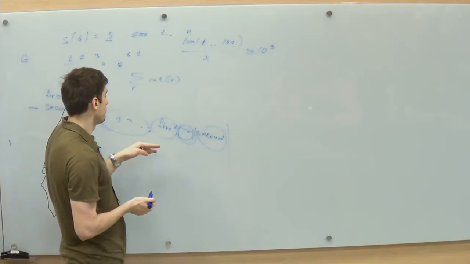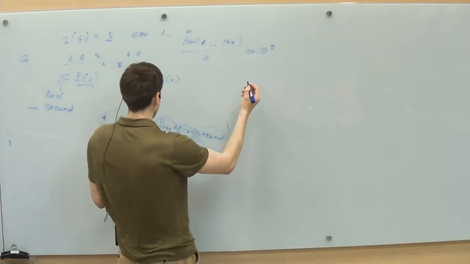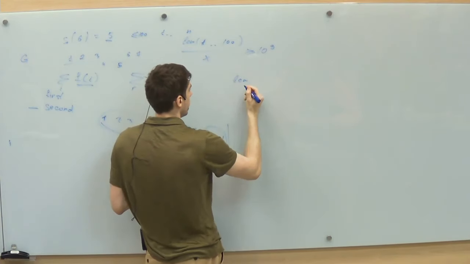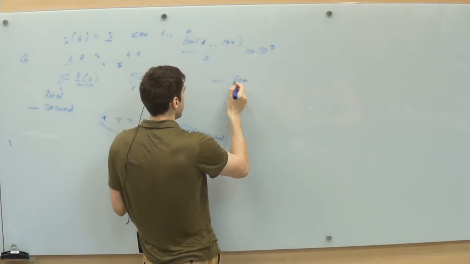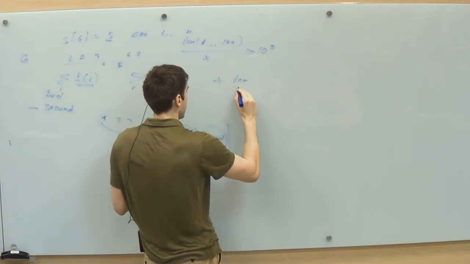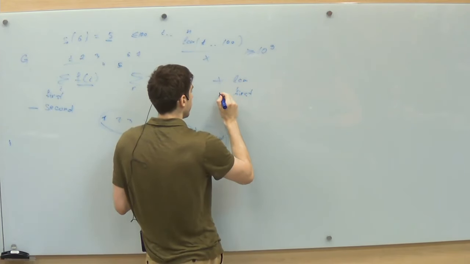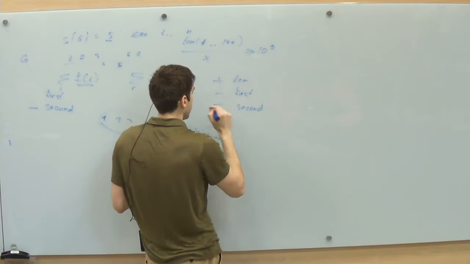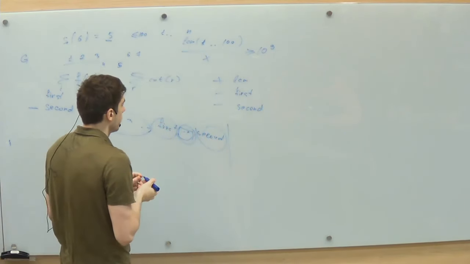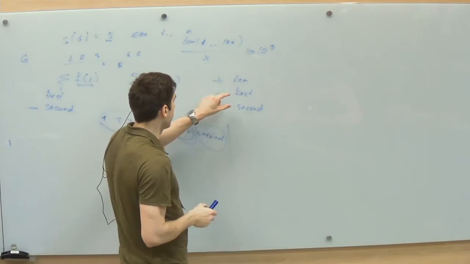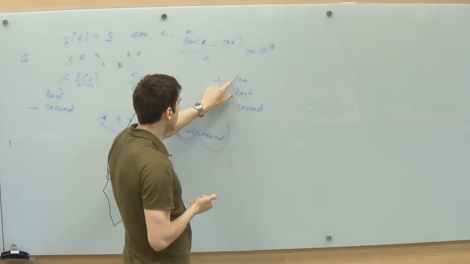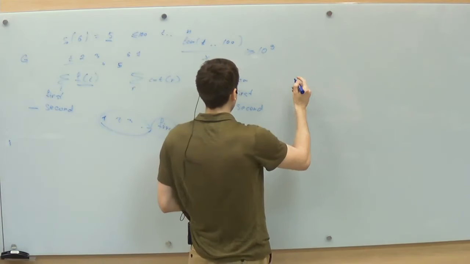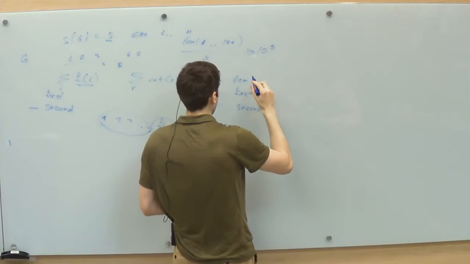But if it is not larger than n, we will have some LCM and some first and second. The LCM should be a divisor, first should not be a divisor, and second should not be a divisor. So just a combinatorial problem. First, we need to check that LCM is not divisible by the first and the second, and after that, I think it will have